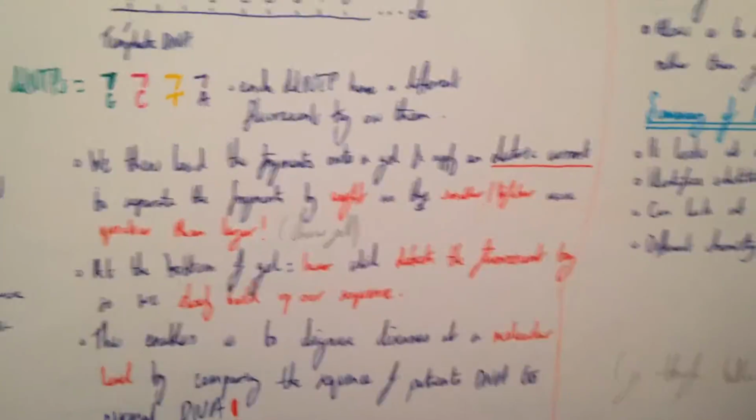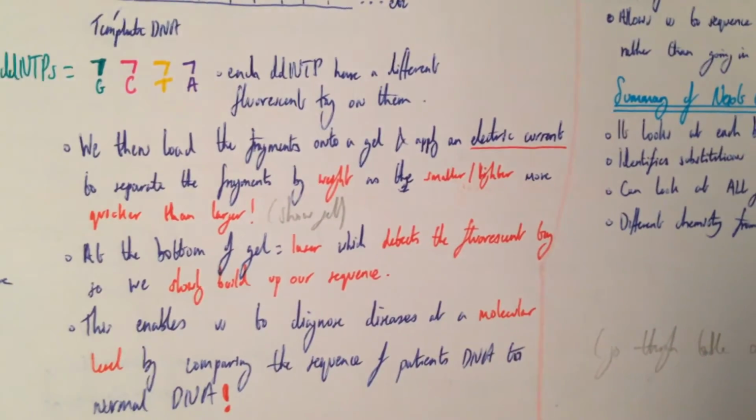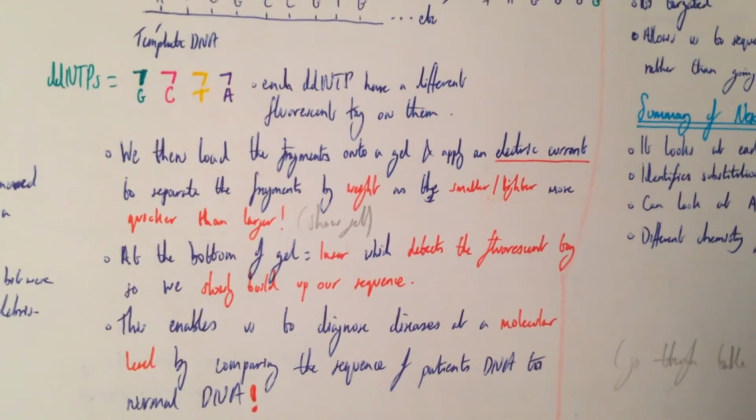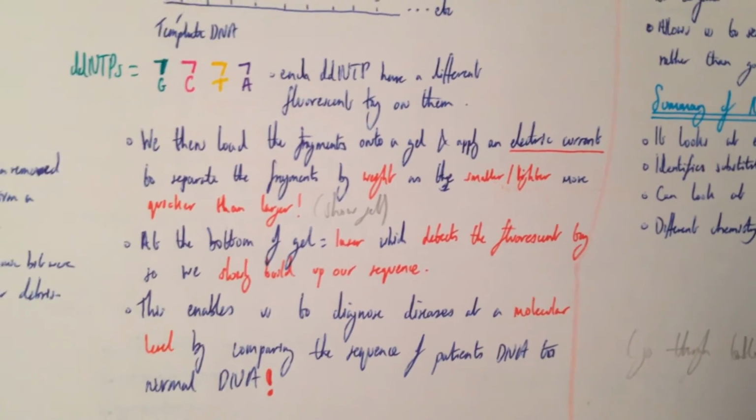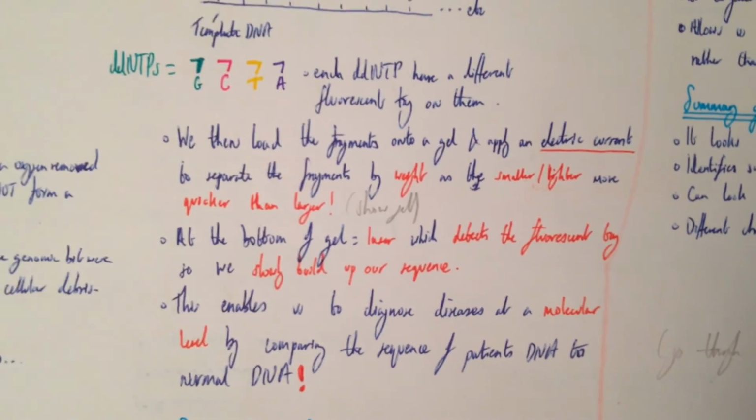And as I was saying, you do this and basically you'll have every possible length of the exon with a ddNTP attached at the end. So you have every possible length of